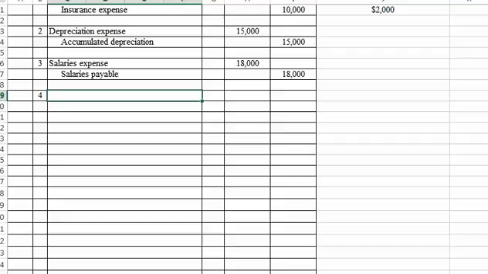Alright, you guys, we'll start back with exercise 2-8 on page 97. We'll begin again with number 4. Let's read through it. On November 1st, 2016, the company borrowed $200,000 from a bank. The note requires principal and interest at 12% to be paid on April 30th, 2017. So what they're saying here is on April 30th, 2017, the bank is going to want the $200,000 back plus